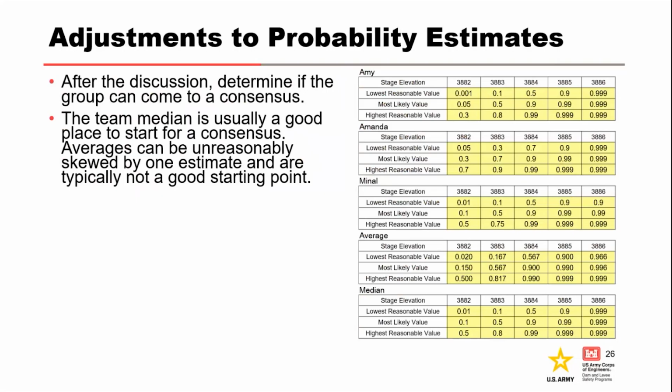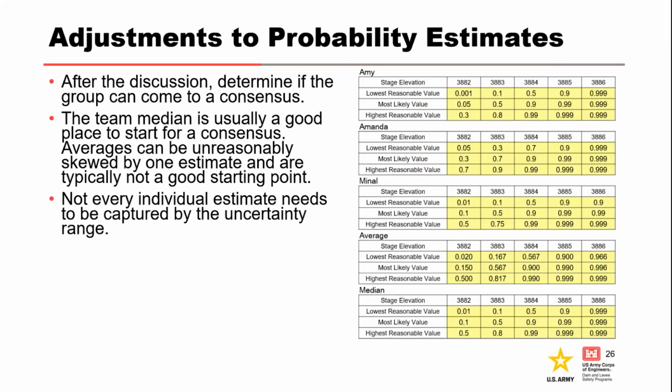You'll find that trying to use the team median is typically a good place to start. This is going to eliminate some of that bias from potential outliers, as well as form a little bit of a central tendency for the numbers for the data set that was estimated.